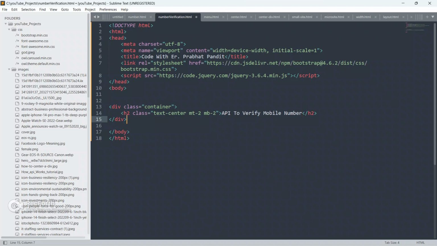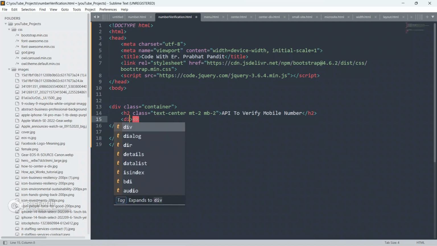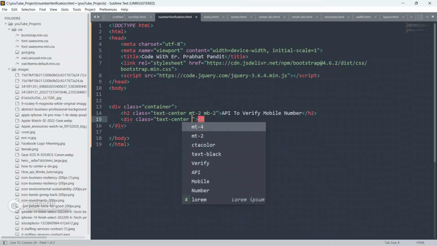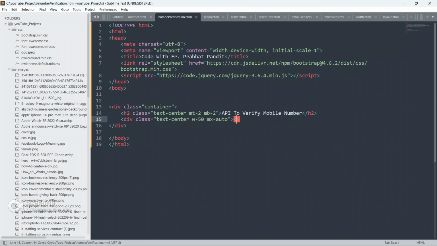Okay, so create another div, give it a class as text center, w50 and mx auto. Okay, close this div,